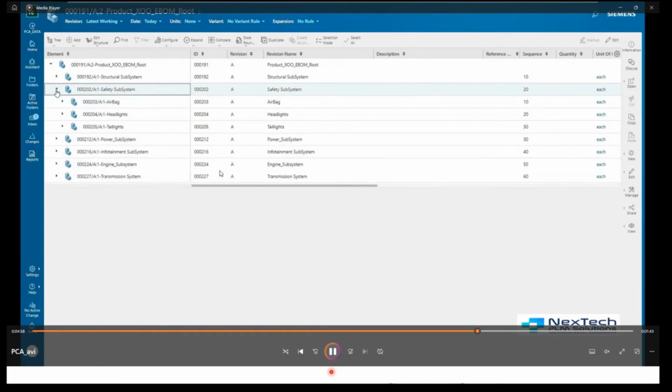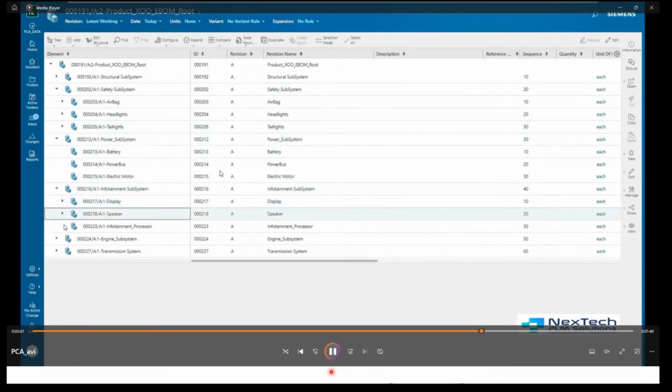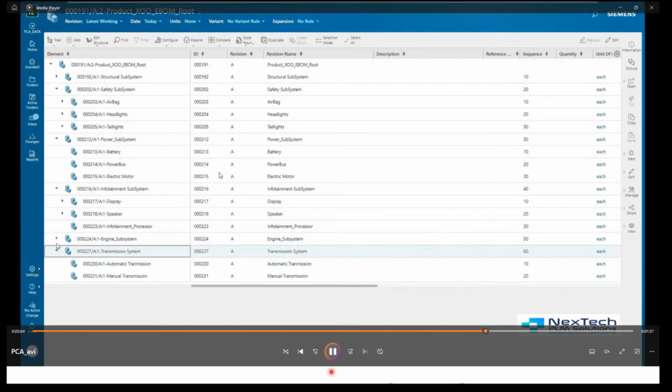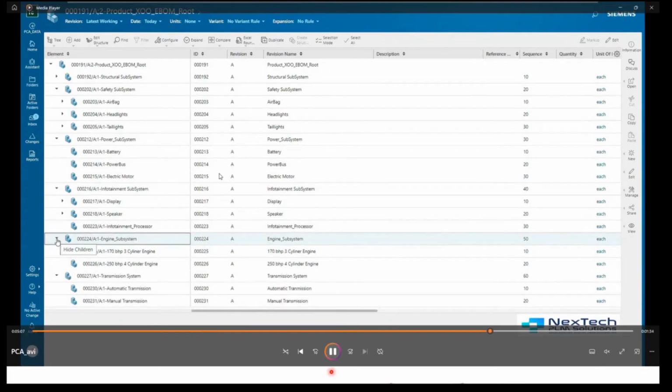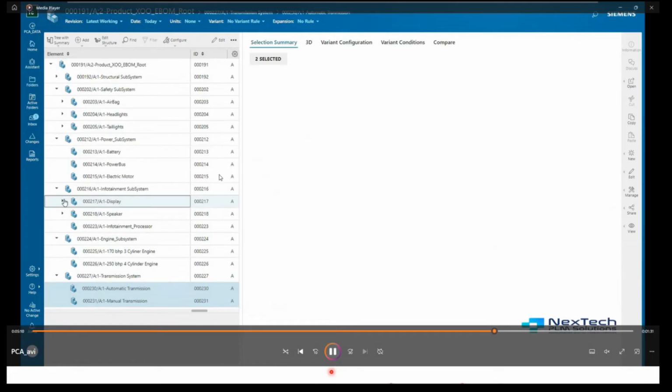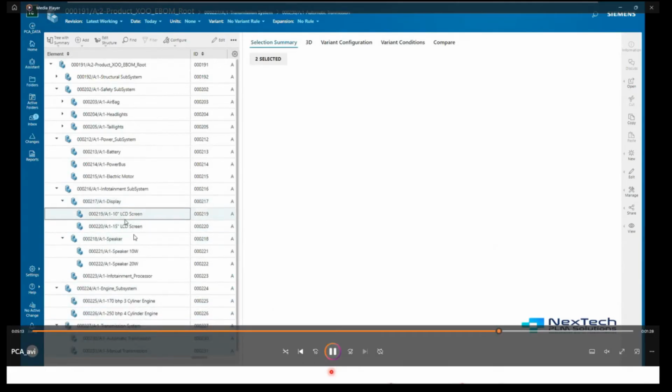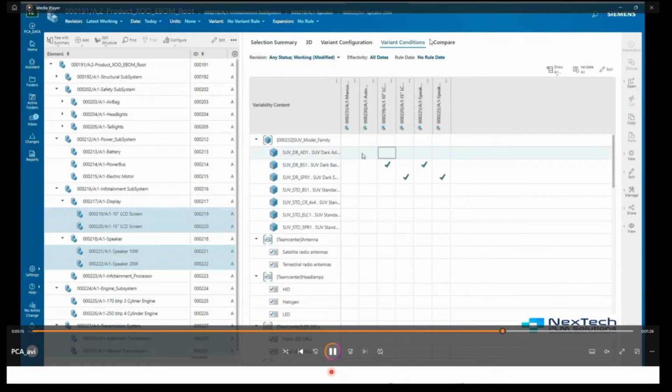So what I've done, this is my product. Now I will select each of the component children from this product, and I will assign the variant condition. You can see the moment you select these children in the secondary work area, you see the variant condition view, where you define, for which product and feature combination, whether I want to configure in this child or configure out. That will be evaluated by this